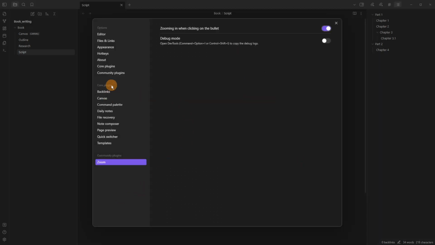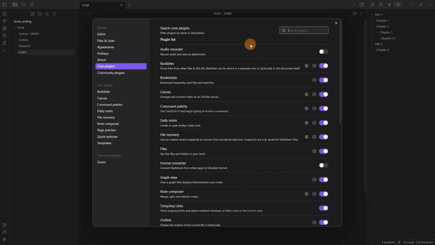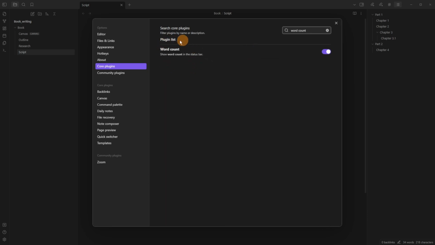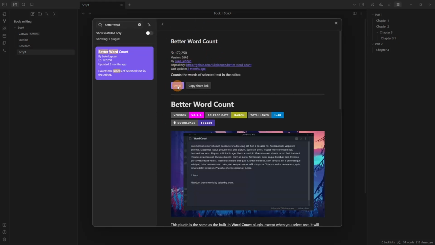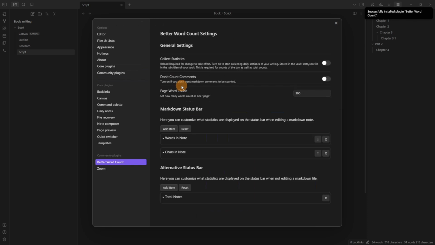Going into the settings and having a look at the core plugins, we can type word count, and you can see there is a word count core plugin which counts the amount of words inside of a file and puts it in the status bar down the bottom right. So currently inside of this script we have 218 characters and 34 words. However, if I highlight just this sentence, it doesn't show me the word count, and this is where community plugins can come in handy. And so, better word count, install, enable, options,